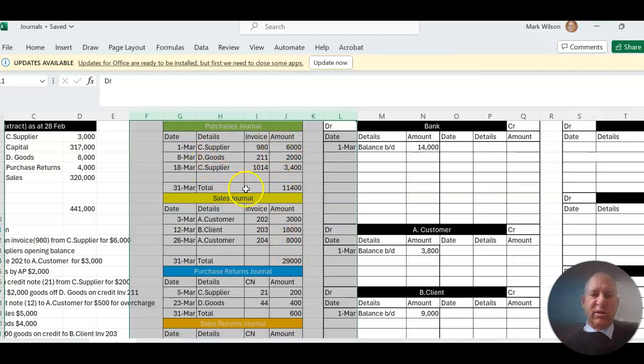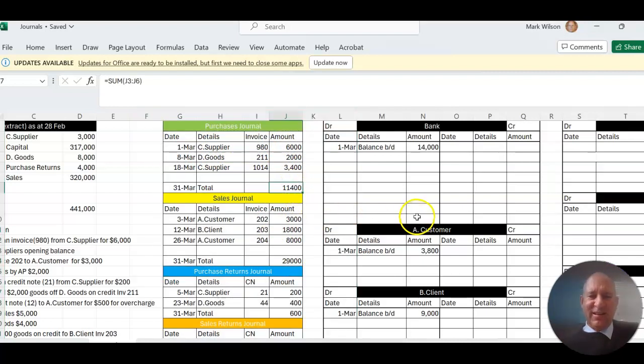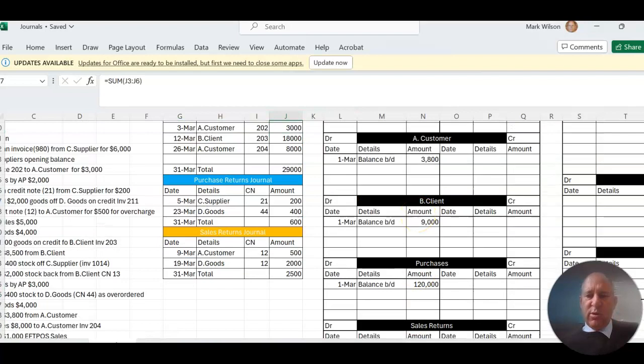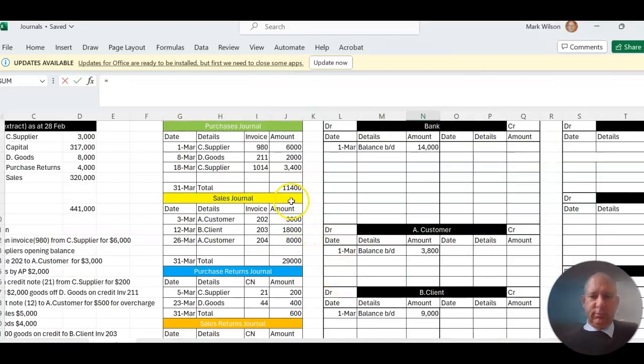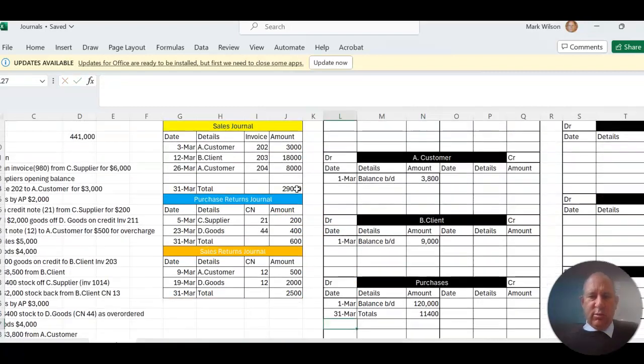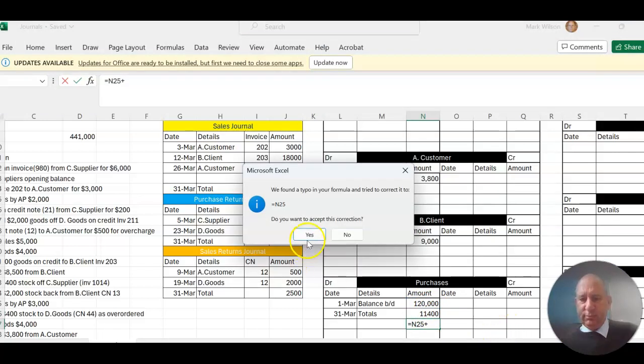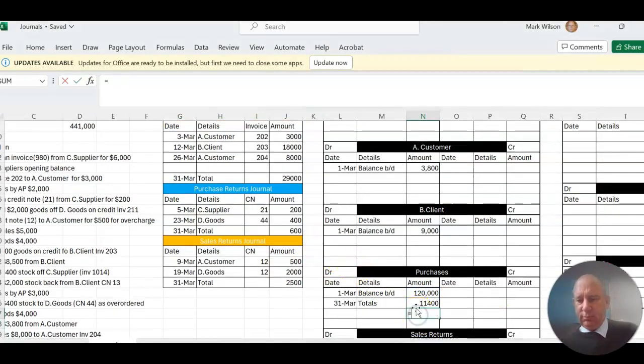So what we've got for purchases journal is a total purchase of 11,400. So what we'll do is on the end of the month, 31st of the 3rd, and we'll put totals. And equals EJ7. Purchase is now finished. We can total that off, add them both together. Bring the higher side across,